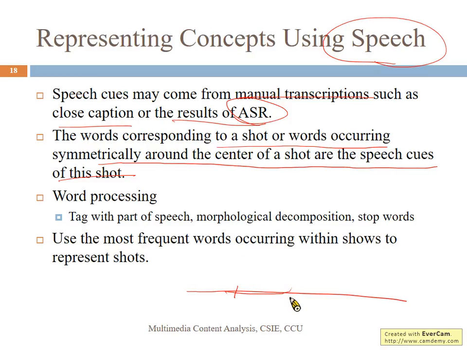For example, given this shot, maybe the duration of this shot is here, and then we can recognize the spoken words in this duration, and all these words can be used to describe this video shot. But it is often the case that the words spoken nearby this shot are also very related